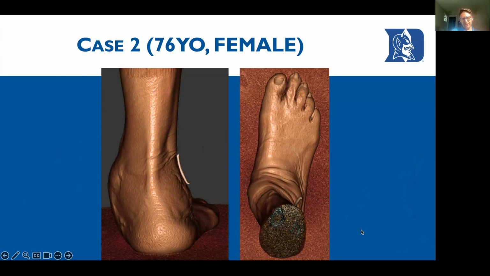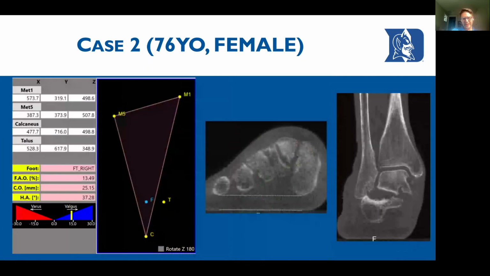Here's the clinical picture from the weight-bearing CT where you can see the abduction, the hindfoot valgus. I measured her foot and ankle set. Look where the center of the ankle is. Look where the bisecting line of the tripod is, the collapse, the amount of peritalar subluxation, completely dislocated, hidden on the